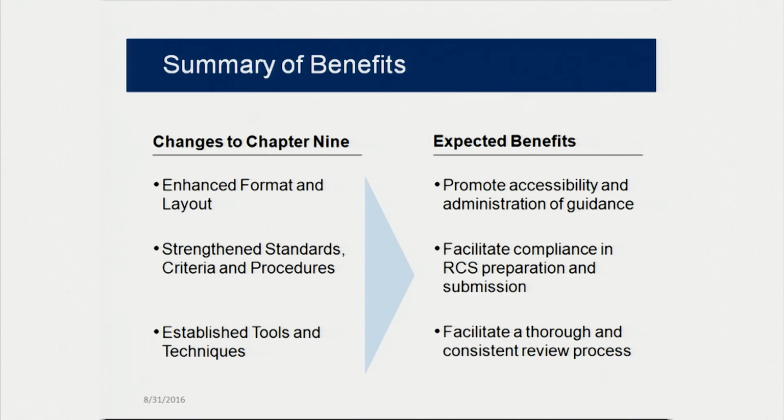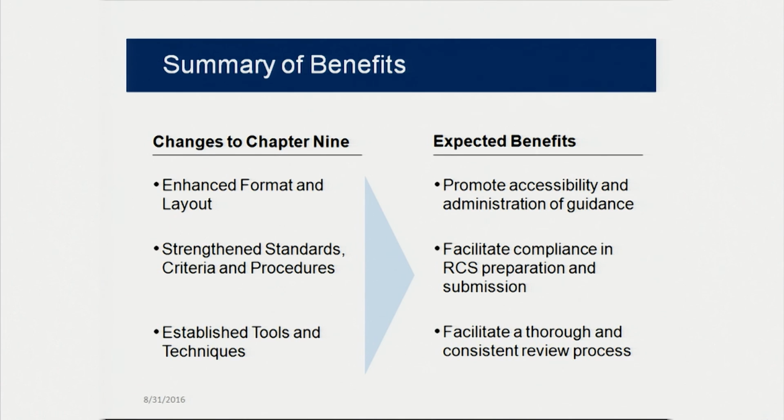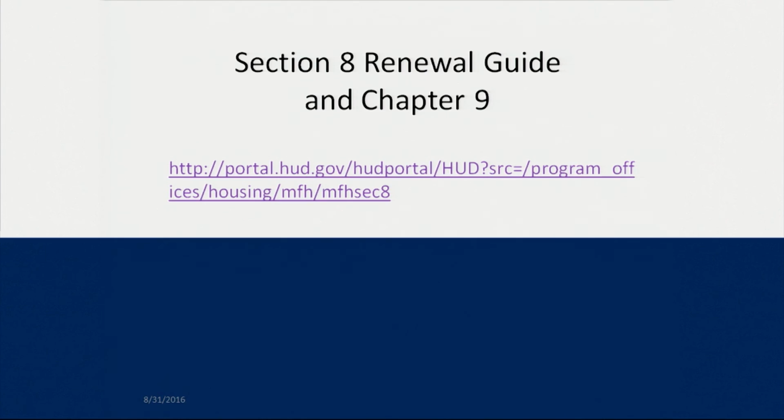So in summary, all changes and updates to Chapter 9 are designed to make the creation and review of an RCS easier. The enhanced format and layout, strengthened standards, criteria, and procedures, as well as the updated tools and techniques come together to provide consistency and clarity to the RCS process. These changes should also help ensure compliance in RCS preparation and submission, as well as ensure a thorough and consistent review process. This concludes the training on the revisions to Chapter 9, which can be found at the link shown